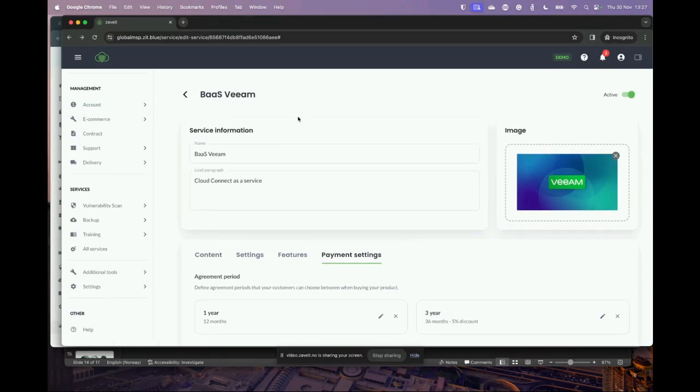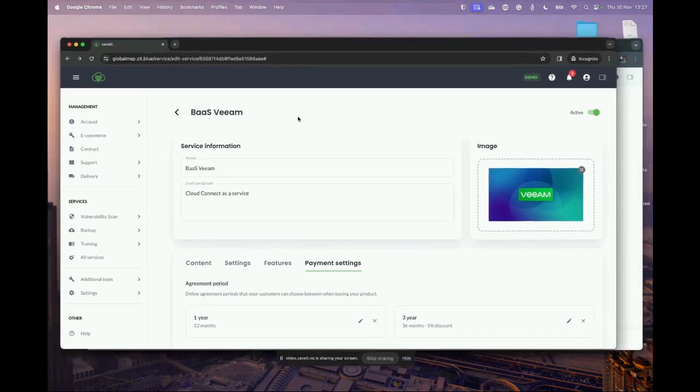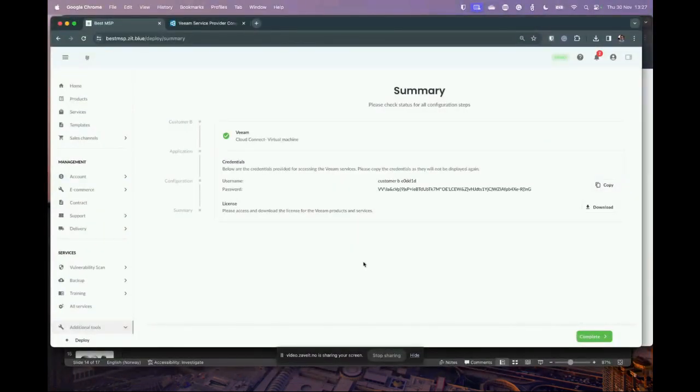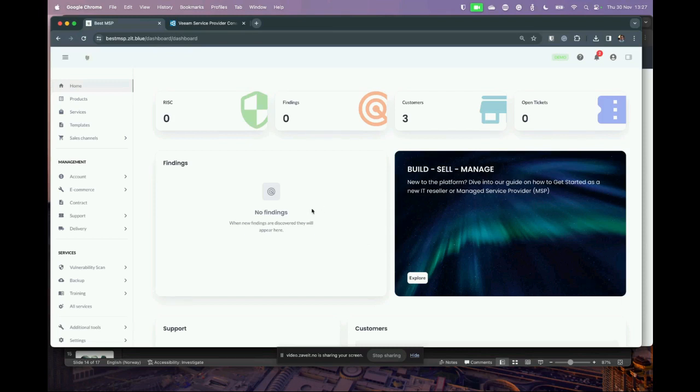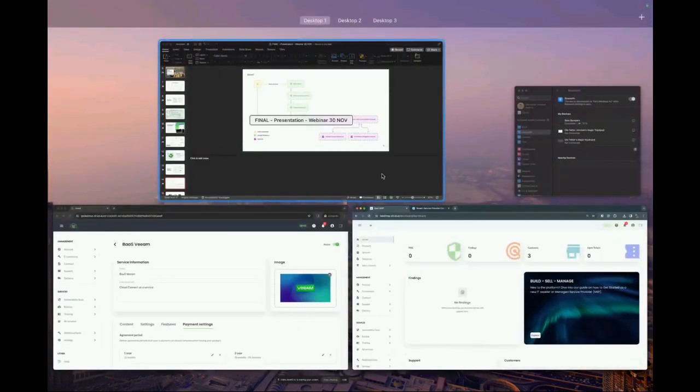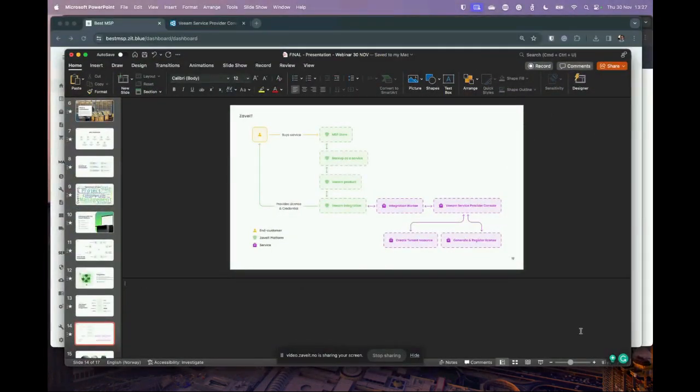So now let's go back and see if it's already deployed for my customer. And we can actually see that here. This is what the customer is met with. They get their credentials, they get their license to download, and the customer can then go into their own Veeam environment, add a new connection to a Cloud Connect, add the credentials, add the licenses, and they are ready to start sending data to your Veeam service all the way through. This is what I was going to show you in today's demo. So let me just jump quick back here to the slides and let's open it up for some questions.